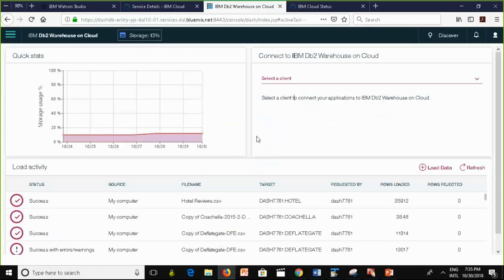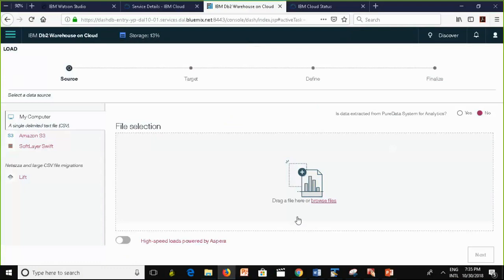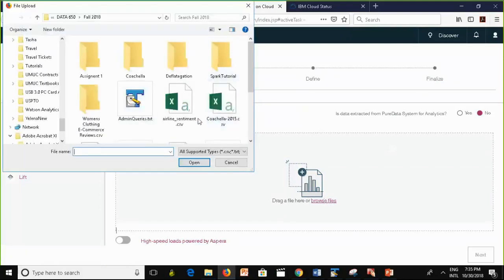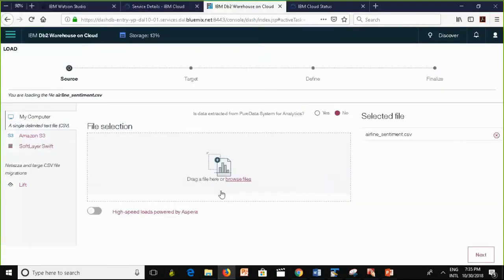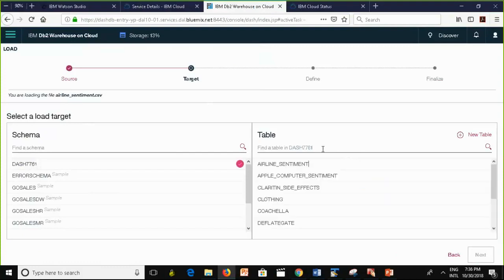Okay, take a look. This is what you'll do. You go here, and I realize there are some problems on one of the servers, because our accounts are located on different servers apparently. Alright, so I'm taking this, and this is my source. I'm gonna click on next, and right now I have to specify the target, but the thing is I already have this table loaded. So, just for the sake of example,